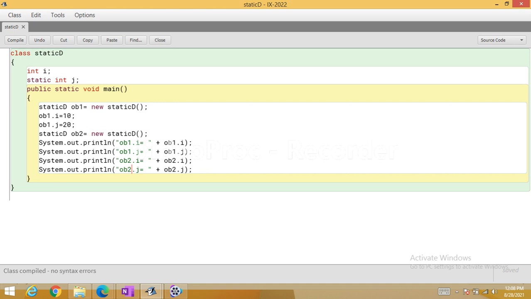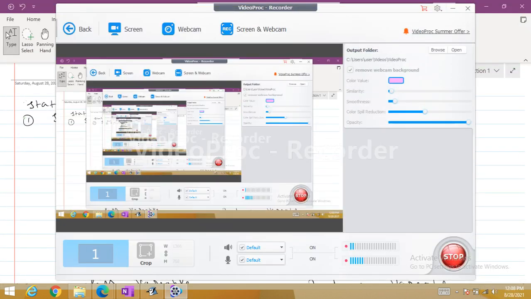i does. The first allocation for the first object is 10. The value of i for the second object will be 0. That means i has a different allocation. But the value of j for the first object and the second object is the same. That means j is sharing the variable between the different objects. Let's see how it works. Let's compile and execute it.